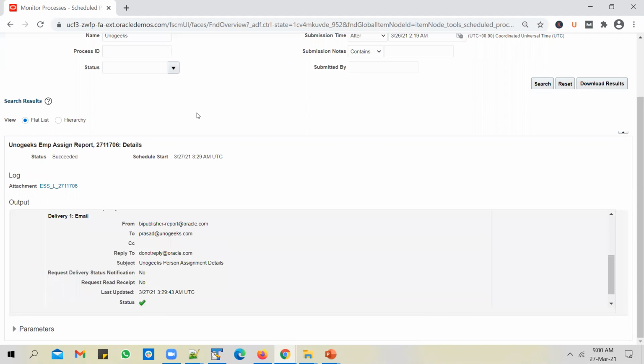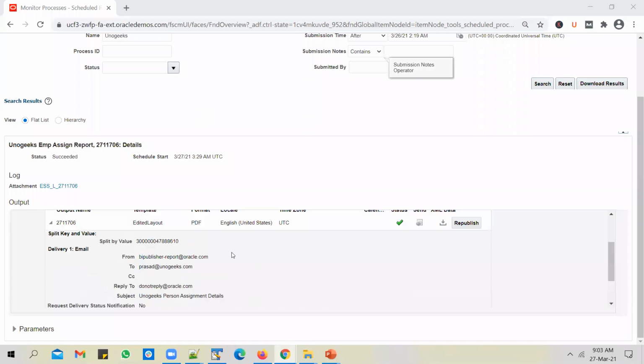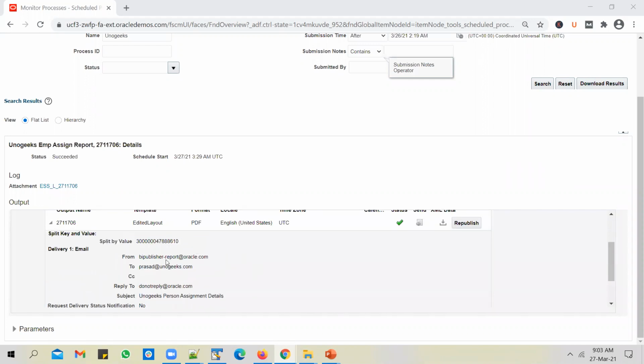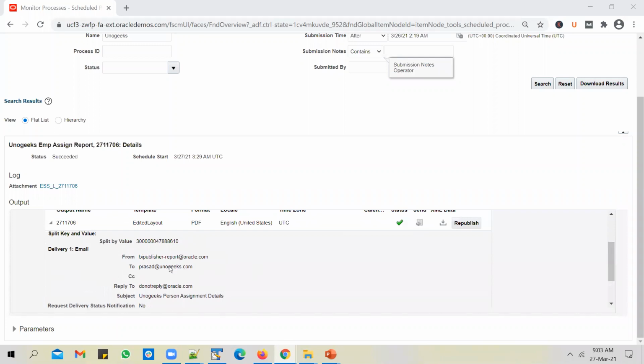I'm still refreshing my mailbox. I haven't received the email yet. Well, there seems to be some problem with the email server. Yes, it is indicating that it has sent out an email, but I haven't received it yet. So it might probably take a few more minutes for me to receive that email. But once you see a green icon, you can rest assured that it will be delivered to the destination, though it might take a few minutes.